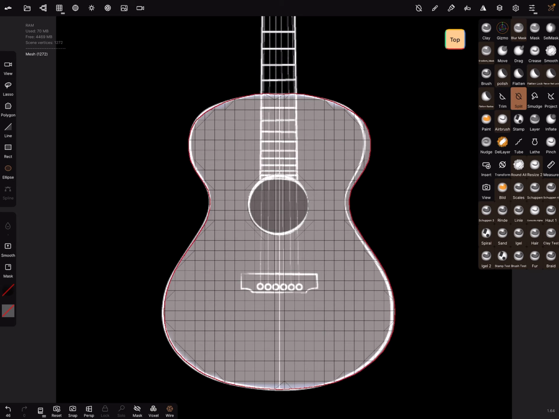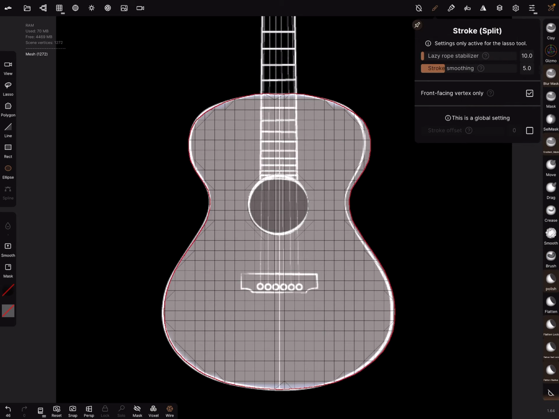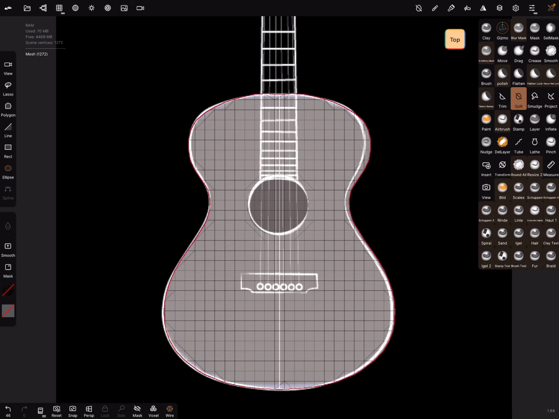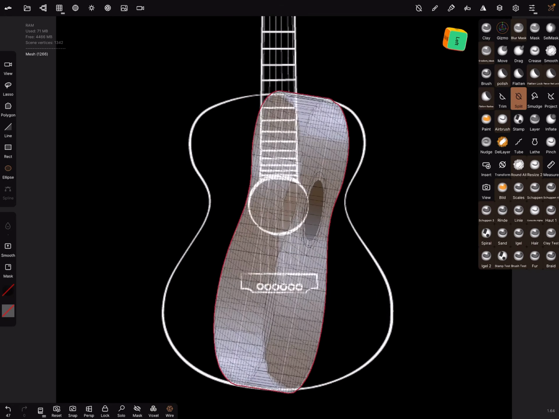Switch to the split tool. Check also front vertex only is on and hole filling is off. Ellipse tool is on, and do the same thing to create a circle like this. Let's check it.